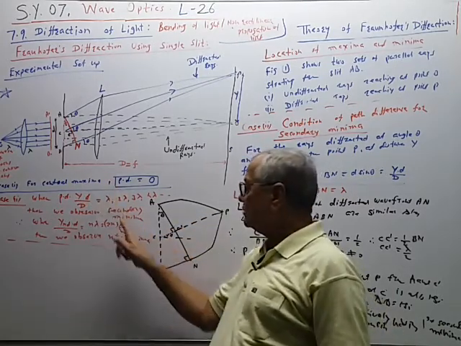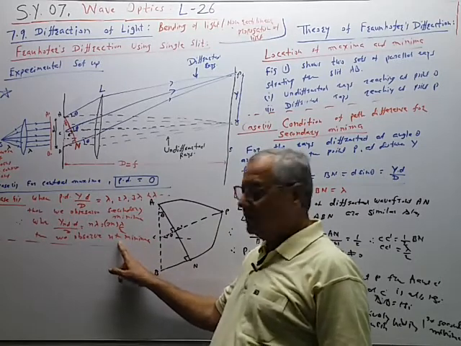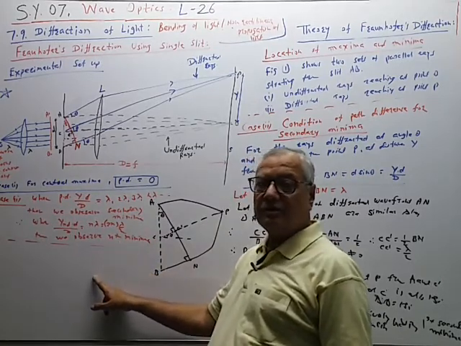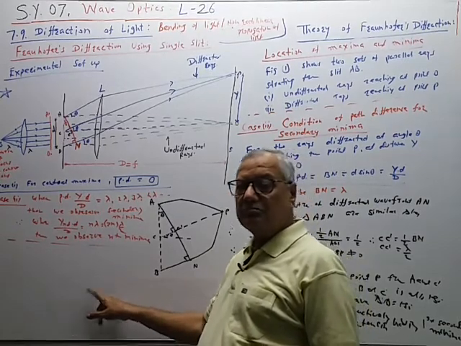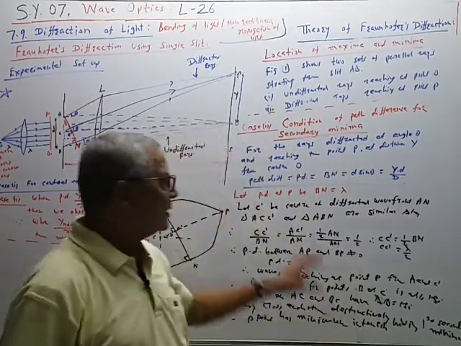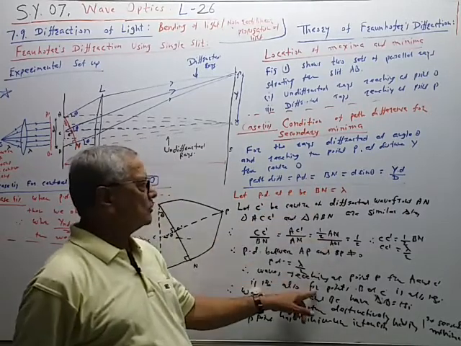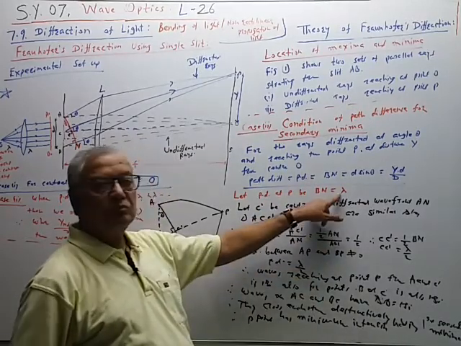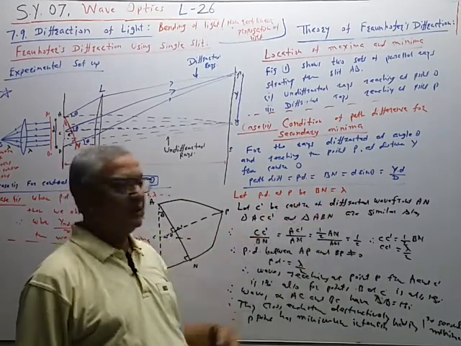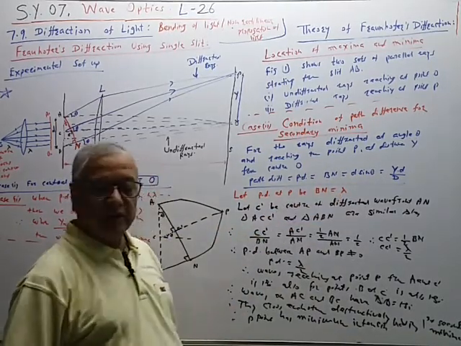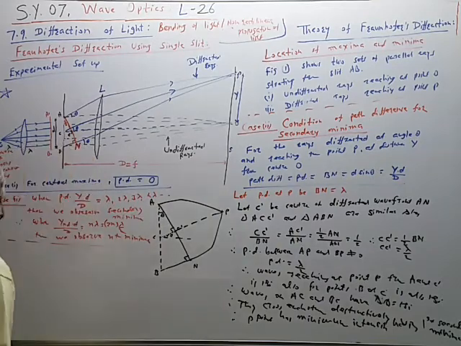Condition for central maximum, condition for secondary minima. Now we will see the third case, condition of path difference for secondary maxima. So we have to see that case separately. हीच प्रोसेस आपण यूज करणार आहोत. इथे पाथ डिफरन्सची व्हॅल्यू आपण असume करणार λ/2, what will happen. So in this way we can derive the expression like this.